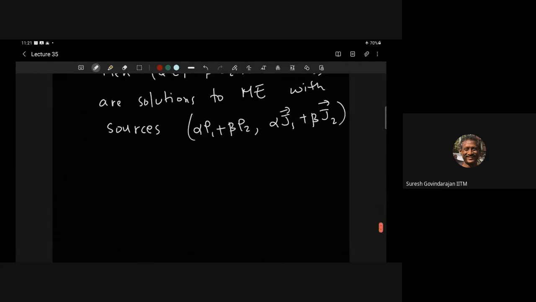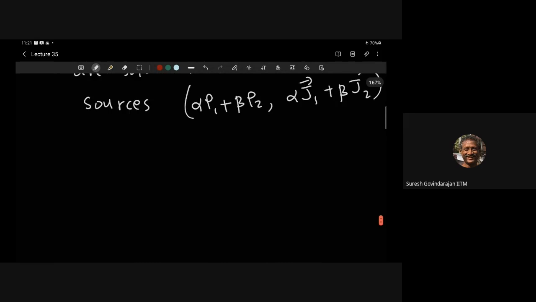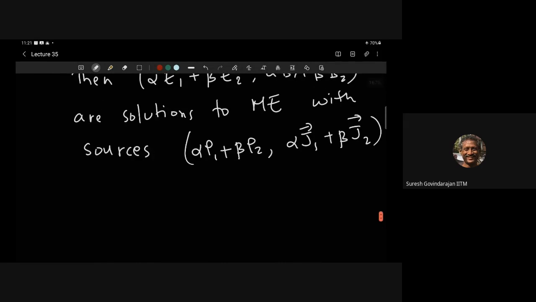This is also true at your high school level, in the sense that even if you look at Biot-Savart's law or whatever, you put the sources. Those are usually there for quasi-static situations, but it doesn't matter within that regime of validity. So that linearity you can see even at high school level, but it's much cleaner to look at it directly from Maxwell's equations. Okay, so this is the background.